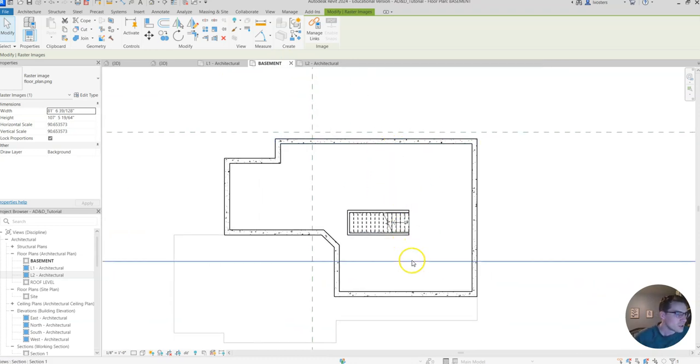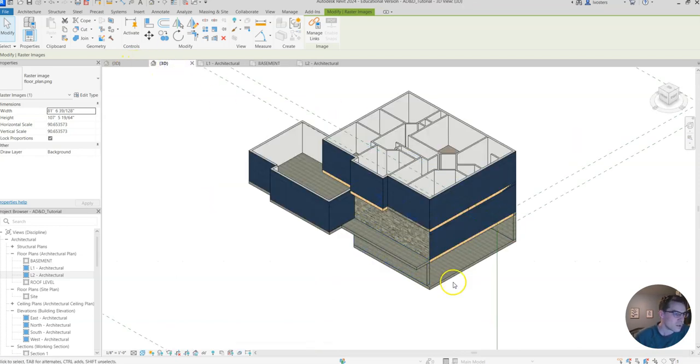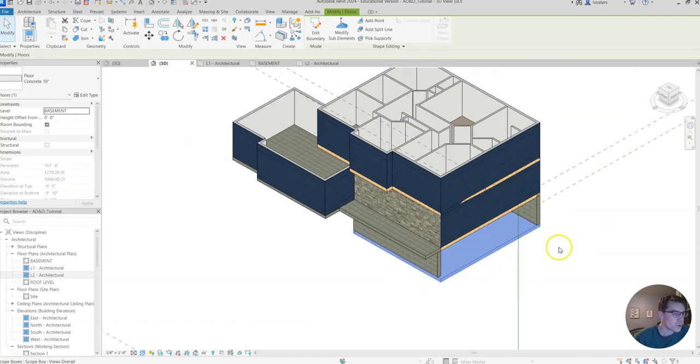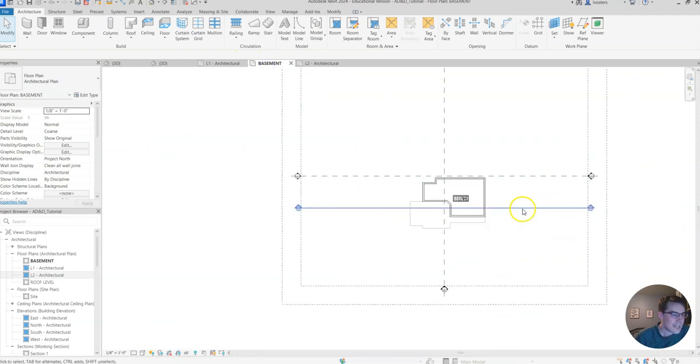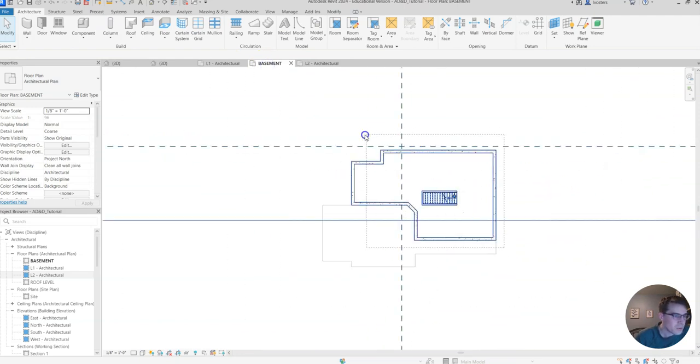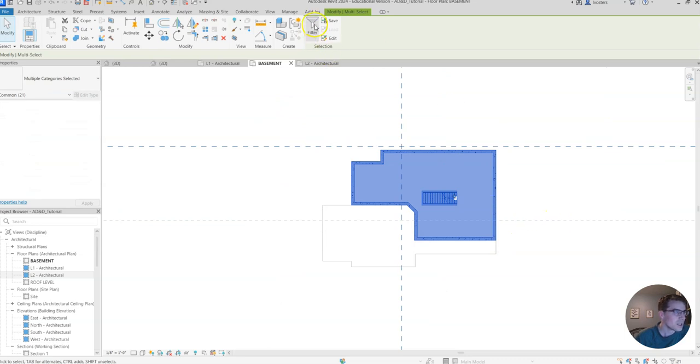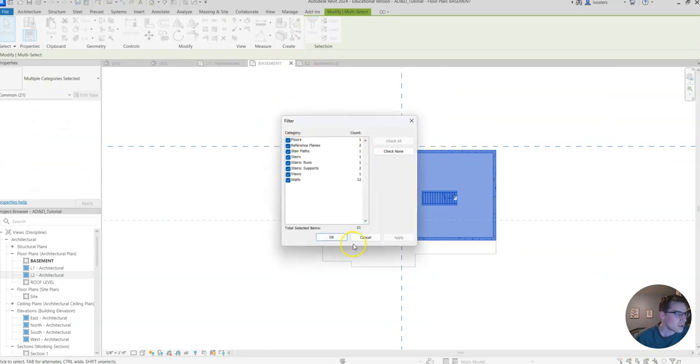All you do is try to click on your floor, and that's sometimes easier said than done. Like right here, anytime I try to click on the edge, it's just clicking on my walls. So one thing you can do is go into the 3D view and try to click on the floor. Pretty easy to do there, especially since I've hidden one of the walls, easier to get at it. Another thing you can do is try to highlight like a bunch of things. If you just highlight a bunch and use the filter tool, you can uncheck everything and then just check the